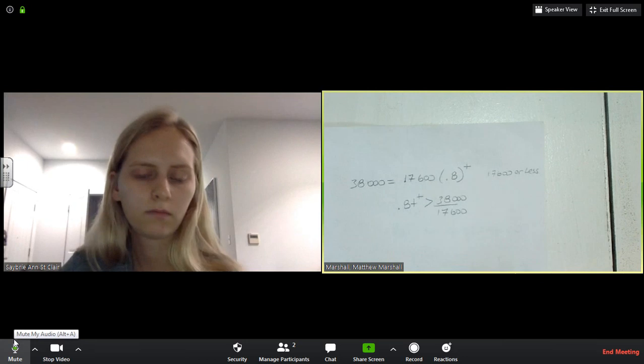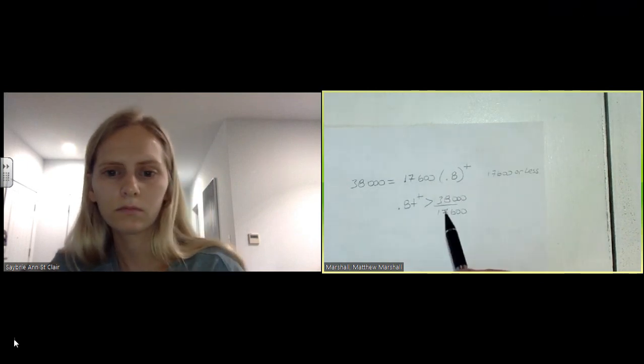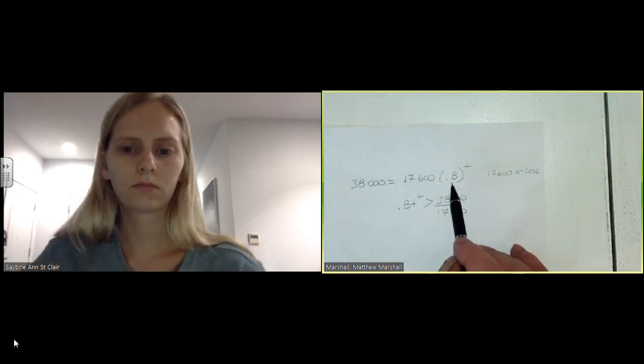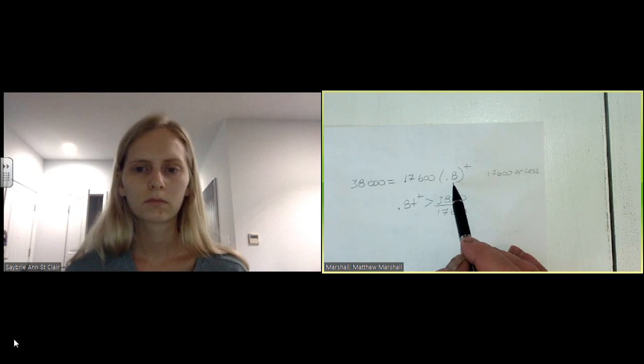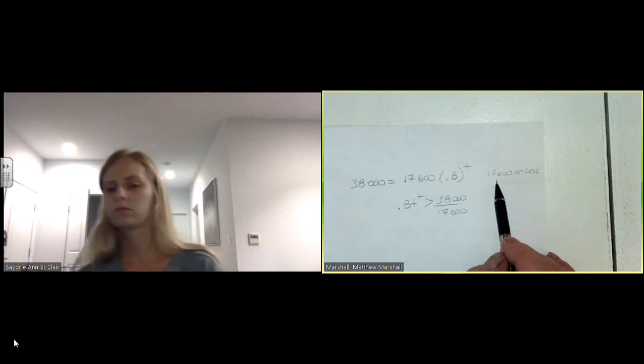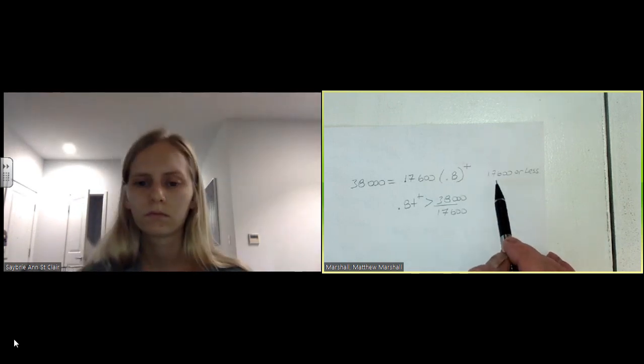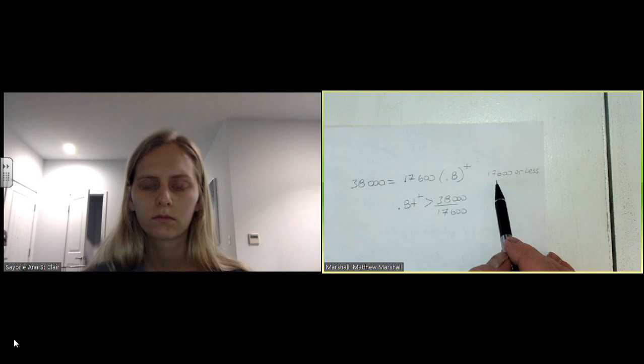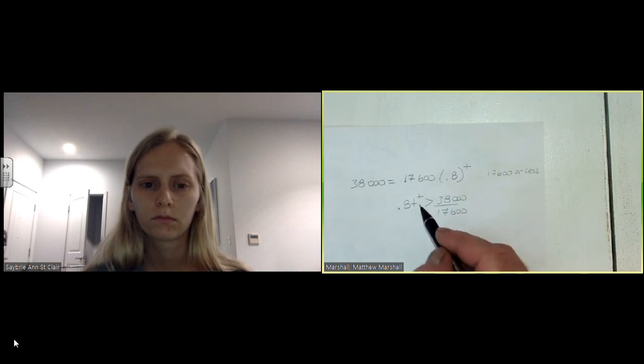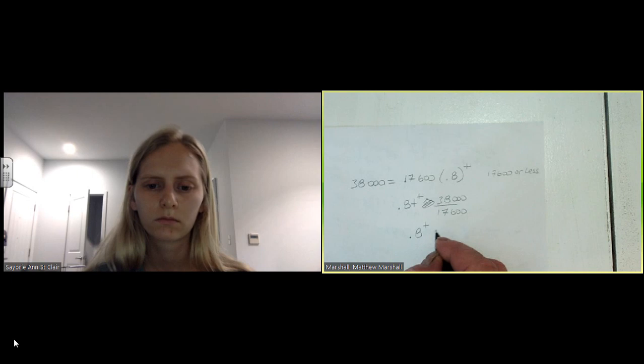Okay, so 20% going down each year. I'm using this as my base percent. It wants 17,600 or less. So that means my inequality goes like this. 0.8 to the t power has to be